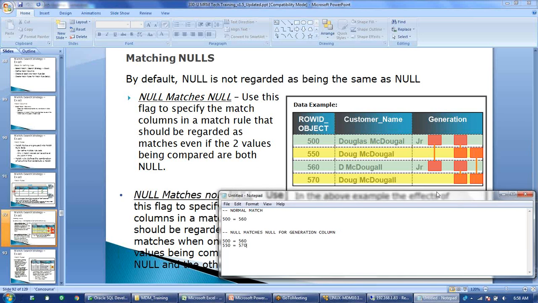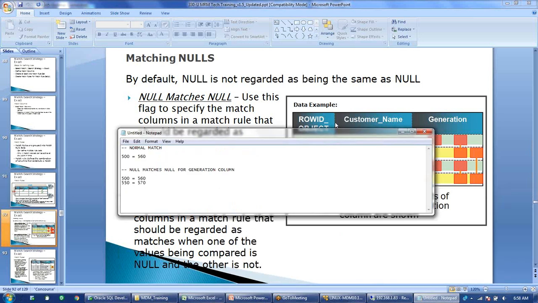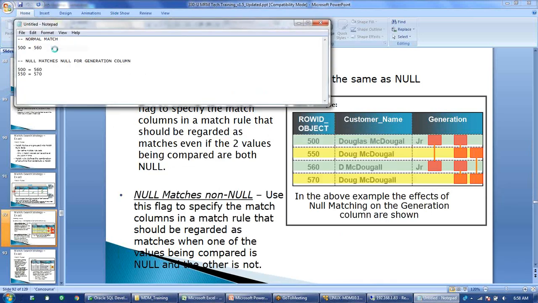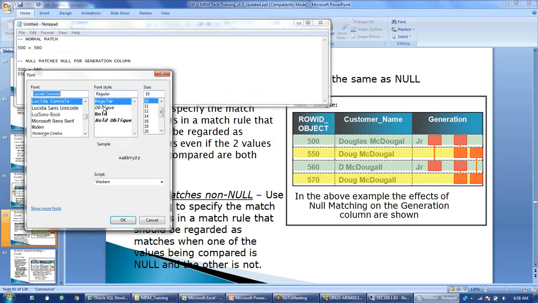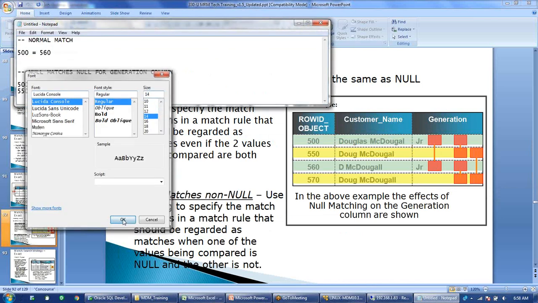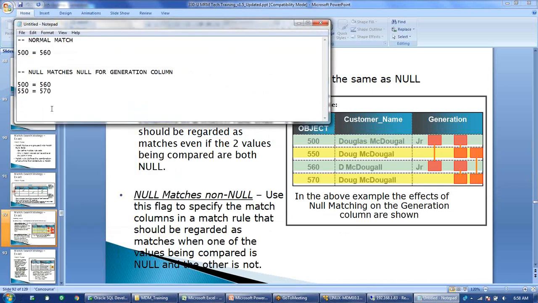Similarly, the second option that we have is null matches non-null. That's the second option we can select. Again, this is for generation.